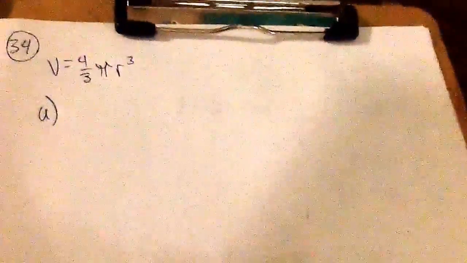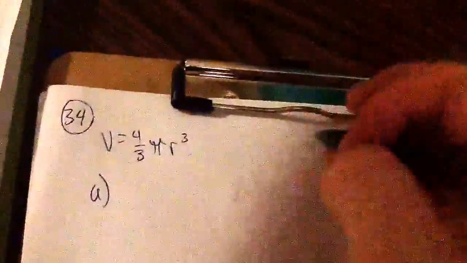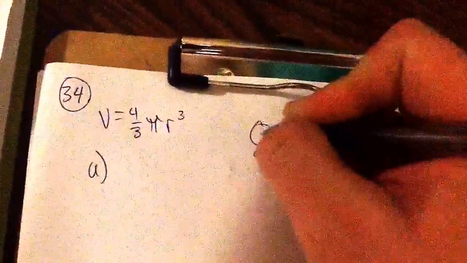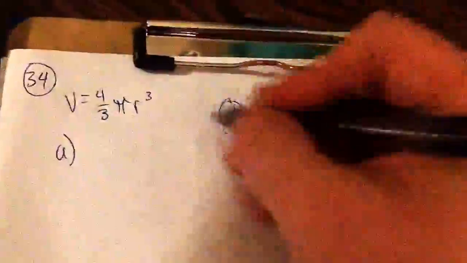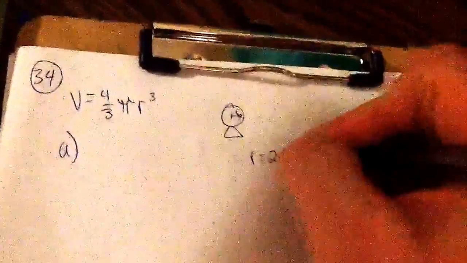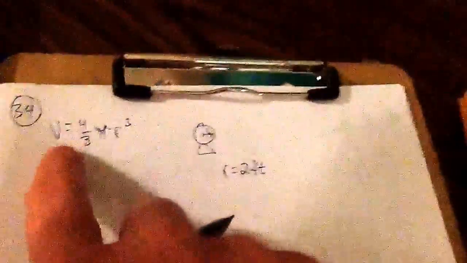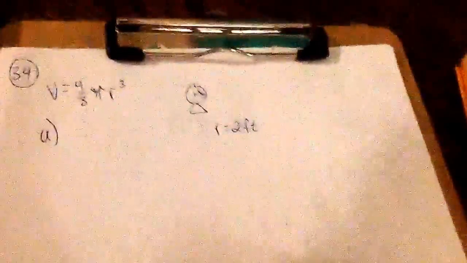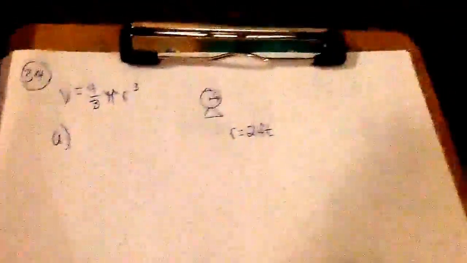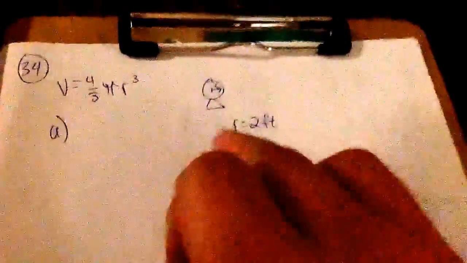Okay, so it tells you the volume. At what rate does the volume change with respect to the radius when r equals 2 feet? So here's your balloon, here's your radius. Obviously, as the radius gets bigger and bigger, the volume will get bigger. On A, you might be tempted to plug in 2 for r, because it asks when the radius is 2 feet, but that's not what they're asking. That would give you the actual volume when the radius was 2 feet. But that's not what we want to know. We want to know the rate at which the volume is changing with respect to the radius when r